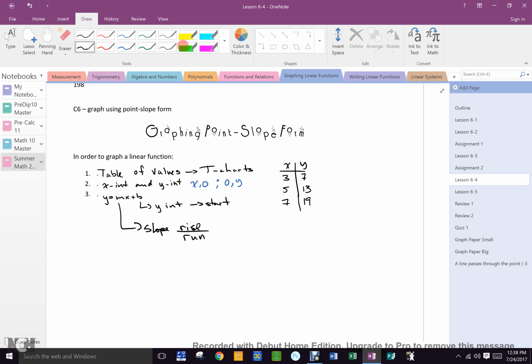No. Fortunately, though, there's a 4th way to do this, which is point-slope form, which means we can graph it